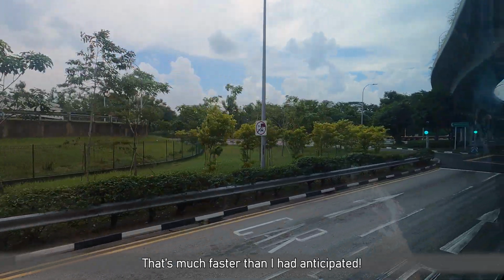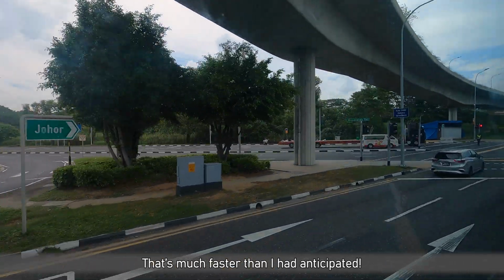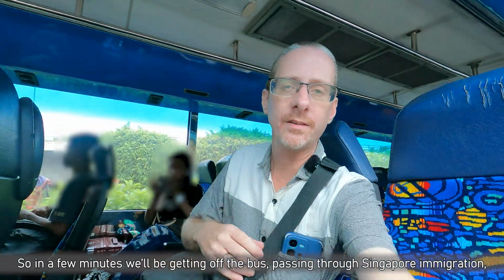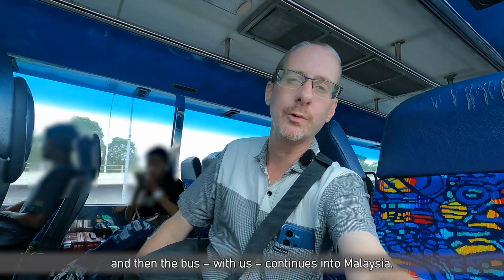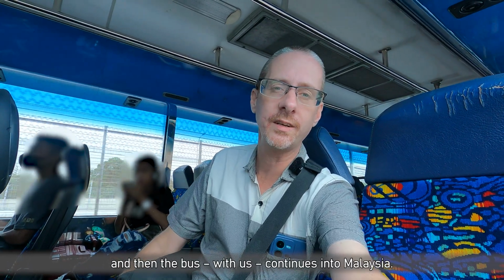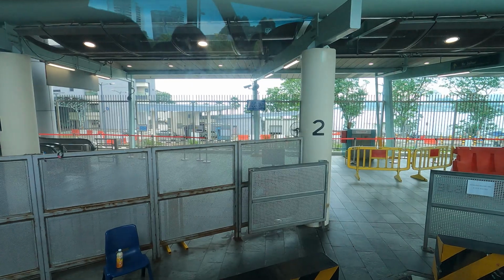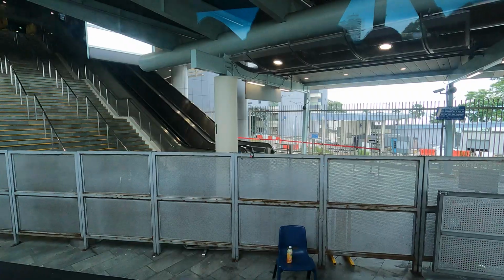It's about 20 minutes later, and we are approaching the Woodlands immigration point, Singapore side. So within a few minutes we'll be getting off the bus, passing through Singapore immigration, and then the bus with us continues to Malaysia again. Bye bye Singapore. We are now on the other side of the immigration, but not yet in Malaysia, because we'll cross the bridge first,